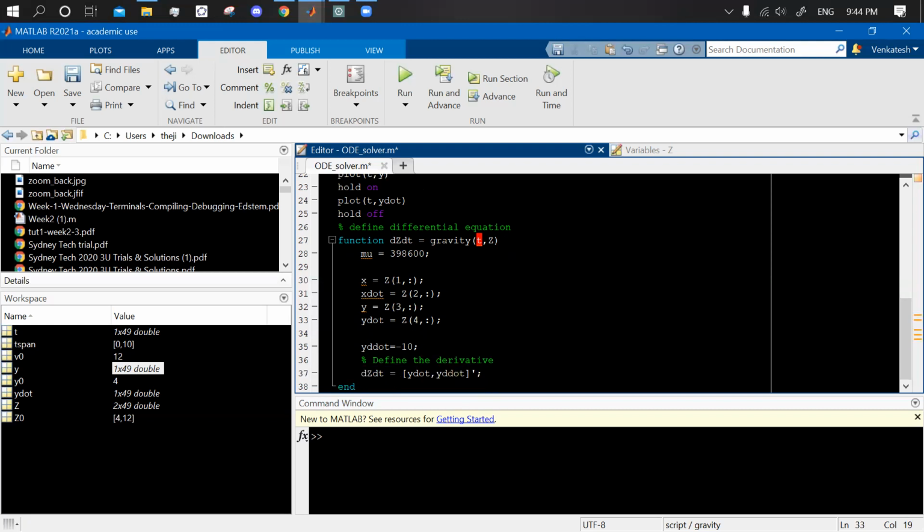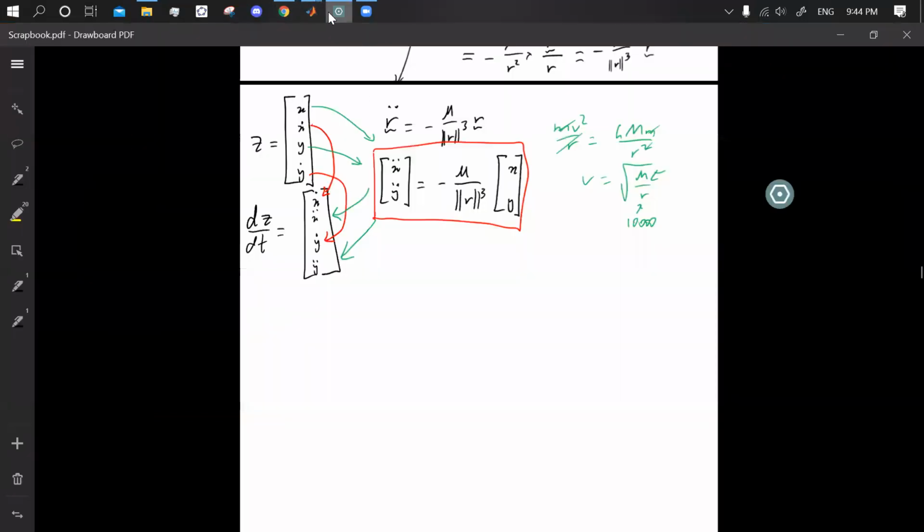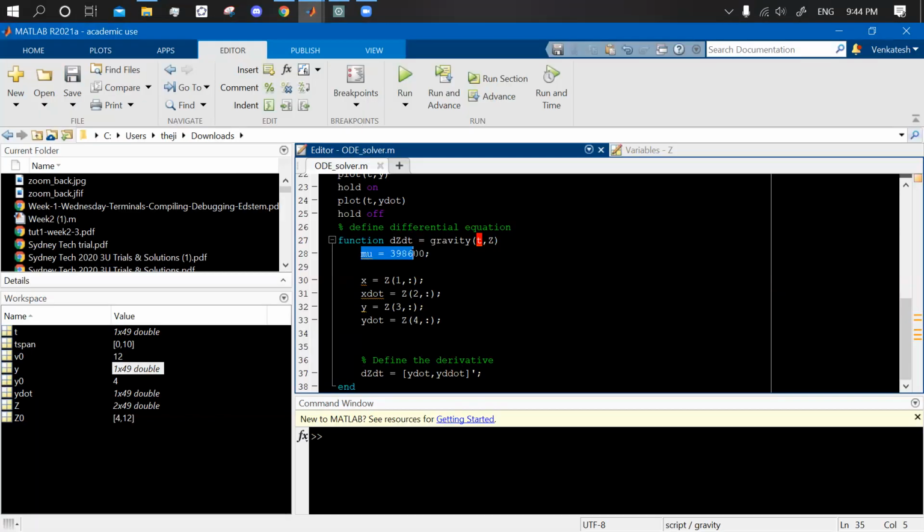So x dot, y dot. Nice. Okay, so now first, we want to build up to this equation. So what do we need? We need mu, which we already inputted. Normally you would put this as a parameter. You don't want to define new constants inside of a function; it's not exactly the best coding practice. You could run them as global variables, but I don't remember how to do those. Okay, so we've got mu,